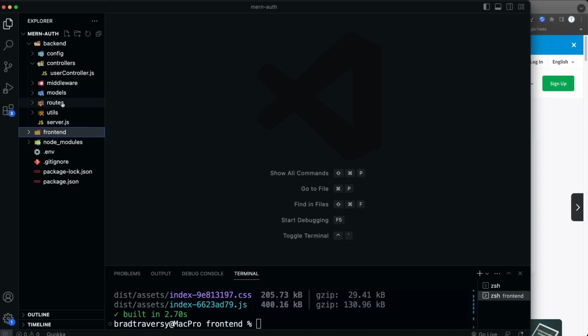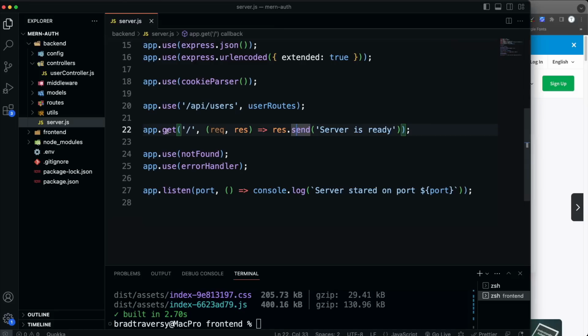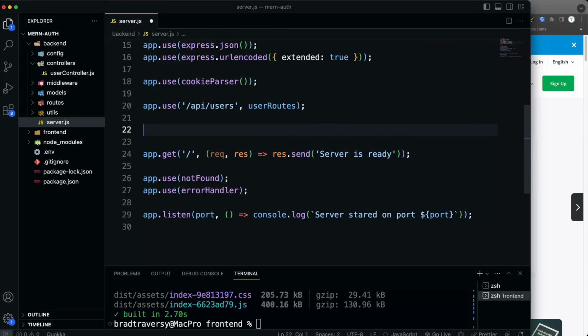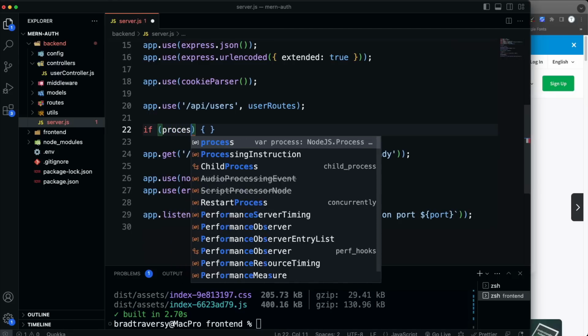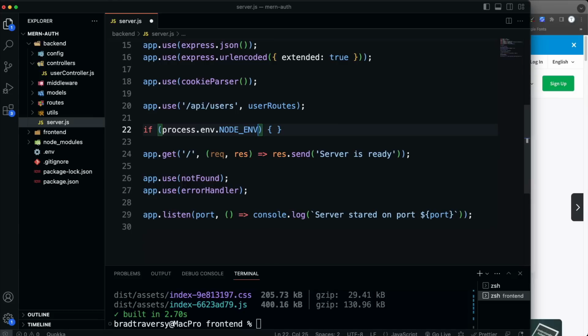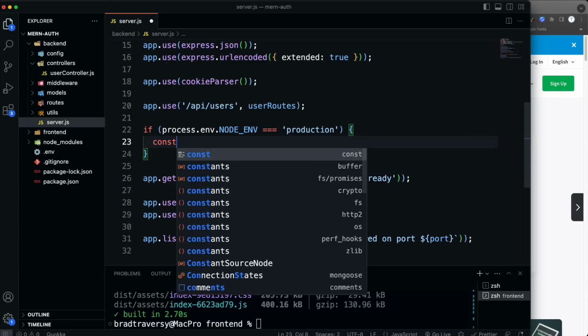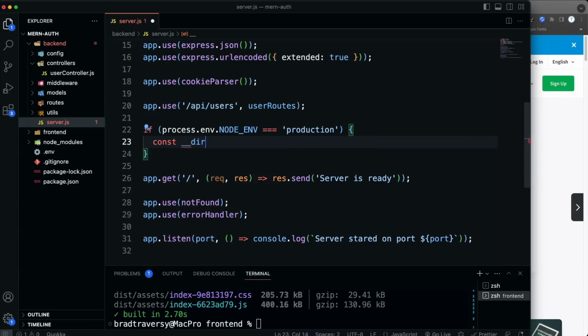So we're going to open up our server.js, and we're going to go down here where I just have this index route that says server is ready. I'm going to go right above that, and I'm going to check to see if we're in production. So let's say if process.env.NODE_ENV is equal to production. Okay, so if that's true, then the first thing I'm going to do is set a variable of __dirname and set that to